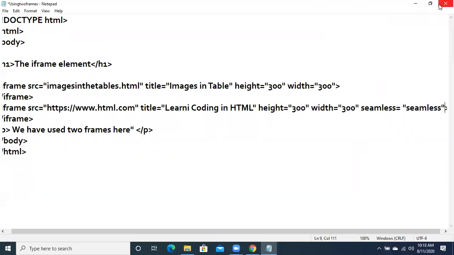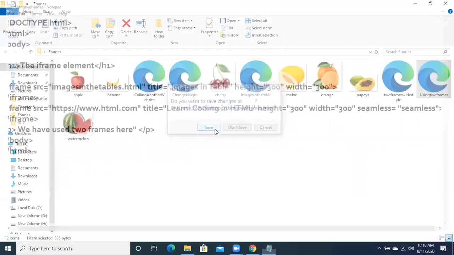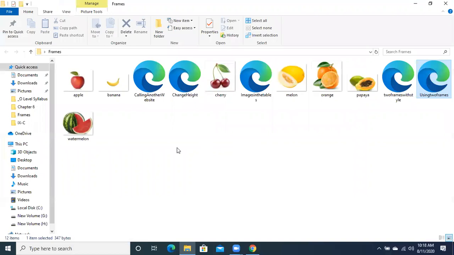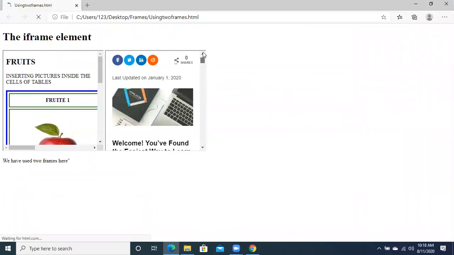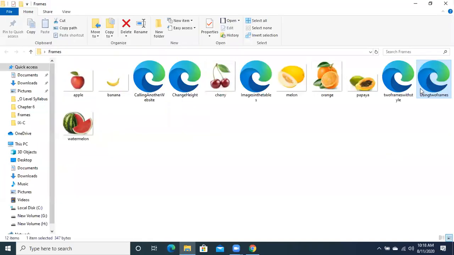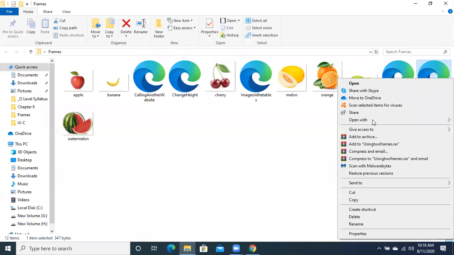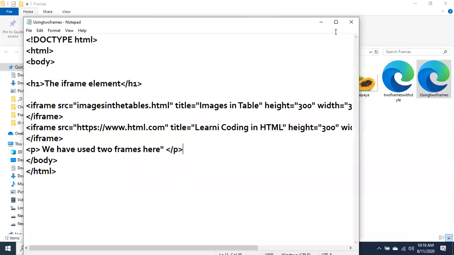But when we apply the seamless property, seamless equals seamless, then you will notice that there could be some change. Okay, let me check whether this property is supported over here or not.